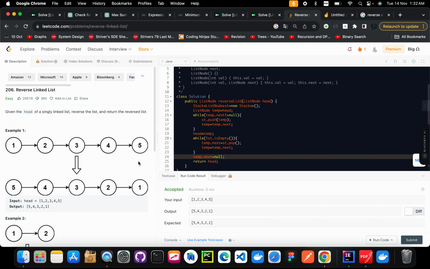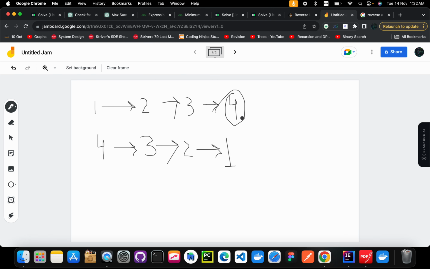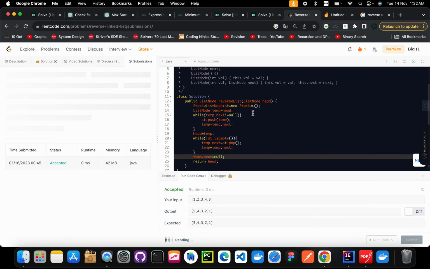Yes, so the issue was that we haven't pointed that thing. What was happening actually is that we have reversed it completely, but the problem was that 1 was pointing to 2 only in this case. Since it was the last node in the stack, it was pointing to 2 only. That's why it said that it is getting cyclic. So that's why we pointed it to null. And yeah, if we try to submit this,